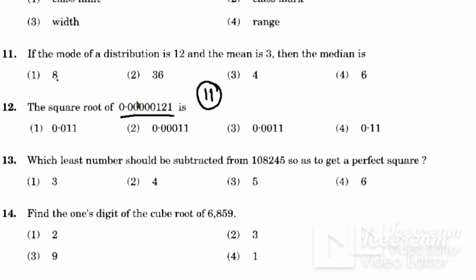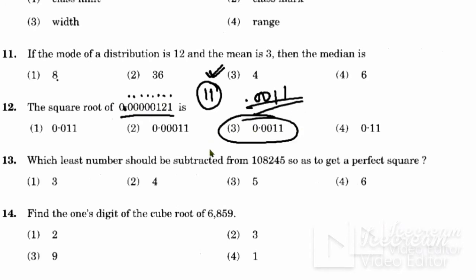Just you have to count the number, how many digits are there. So there is 1 2 3 4 5 6 7 8 digits. 8 digit means, so there is a point decimal here. So after decimal there is 8 digit. 8 digit है decimal के बाद. तो हमारा जो इसका स्क्वायर रूट आएगा वो हमारे डेसिमल के बाद 4 डिजिट का हो जाएगा. 4 डिजिट मीन्स 2 डिजिट तो ये 11 होगा ही होगा और 2 जीरो आपके और हो जाएंगे. So answer will be 0.0011. Okay, you understand the concept.